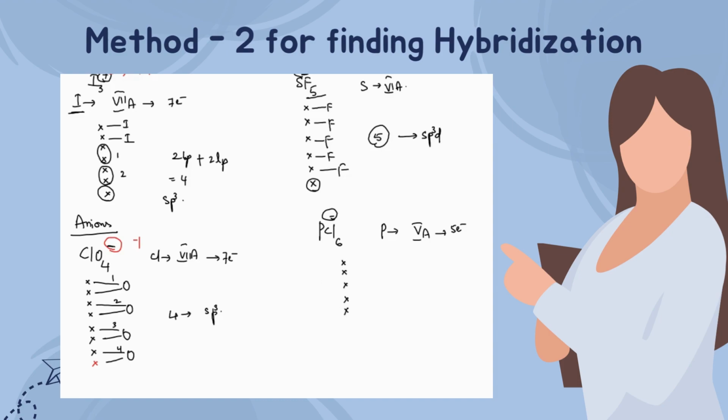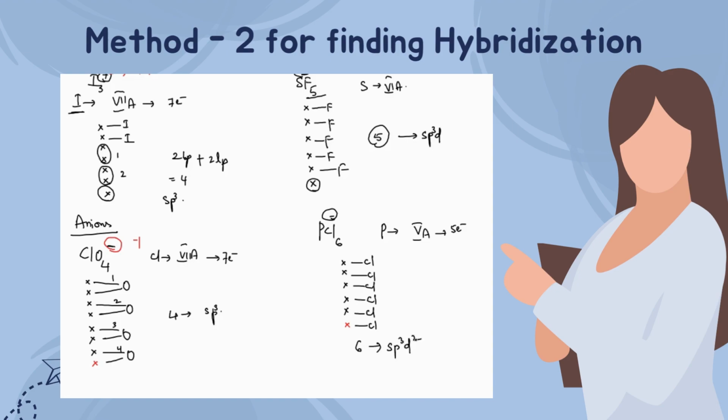What is the difference again? There is one negative charge, so you write 1 electron extra. Now there are 6 chlorine atoms. All the chlorines are monovalent atoms, so write down all the single bonds against the 6 chlorine atoms. The total number of bonds is 6, so the hybridization is